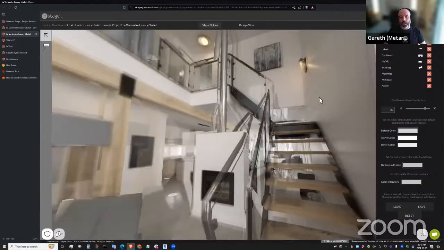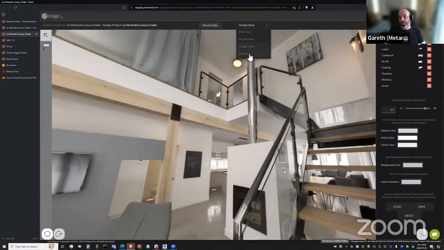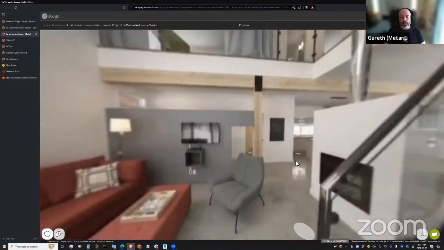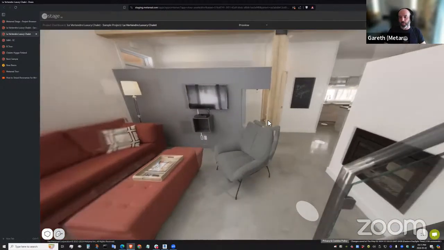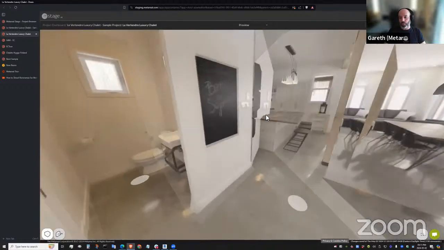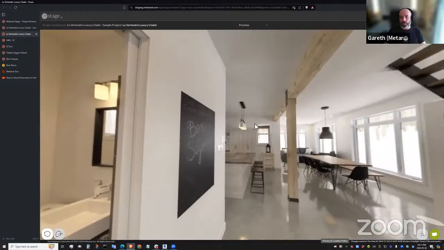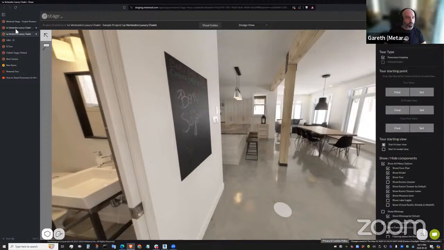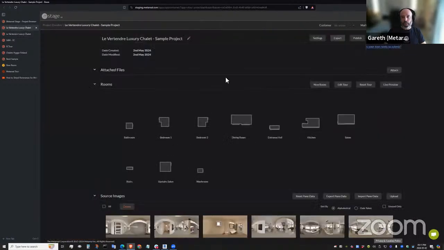So, we can navigate around the tour, and then we've got another version, which is the preview view, which is the same as the design view, but with all the UI elements hidden. So we can actually just see what our published tour is going to behave like when we finally publish it, without having to go through the publishing step. And to that point, actually, I'm going to pop back to the dashboard.